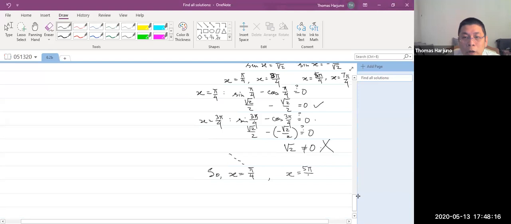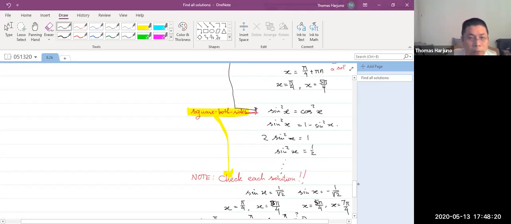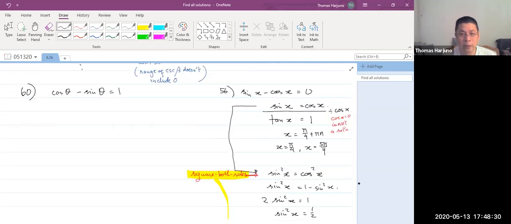Okay, so if in between you square both sides, then you need to check whatever solutions you have. That's not only for this case, that's for every time you solve any equation. Every time you solve any equation and you square both sides, you need to check whatever solutions you have. Now,